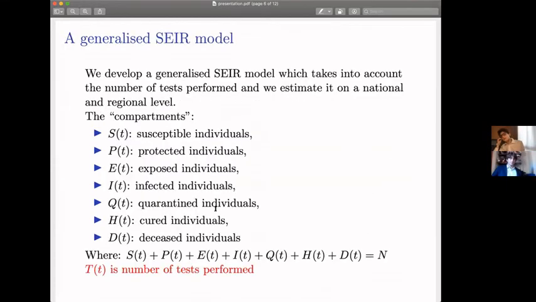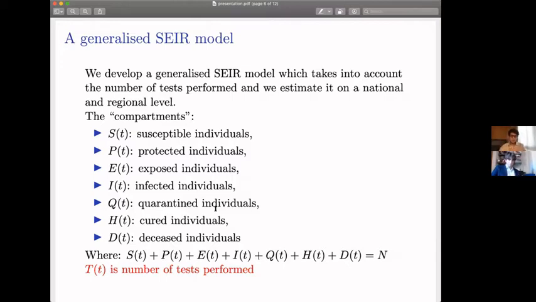Okay, thank you, Lorenzo. So as Lorenzo has mentioned, in the paper we published on the 3rd of April, we did not take into account the number of tests performed, but since then, as the plots show, the testing strategy has greatly changed. Our model is a generalized SCIR model based on that made by Peng and others in China. We estimated on the national and regional